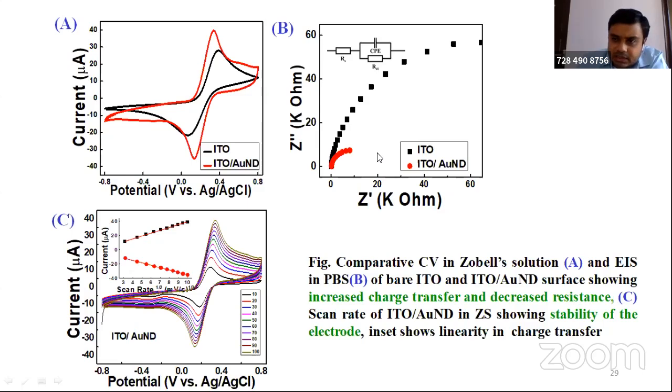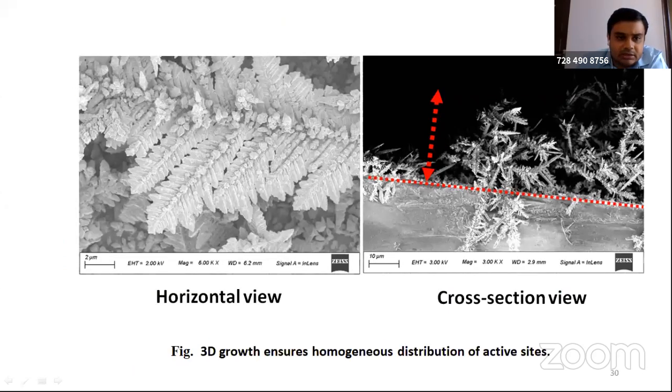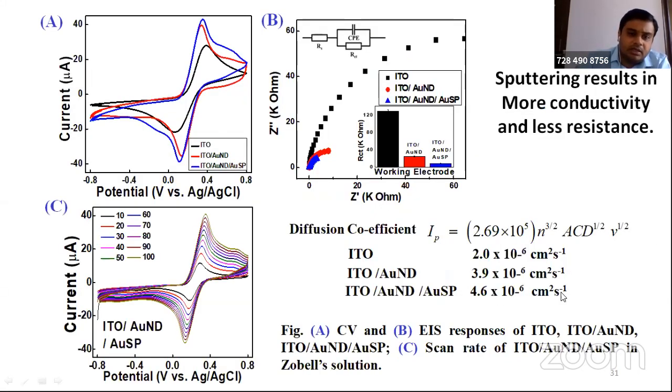So after this process, as I said, it's a three-dimensional structure. You can see this is the horizontal cross section view. You can see, right? It grows like a 3D structure onto the surface. That's basically a three-dimensional nanodendrite. You can see very clear images here. So after this process, we have done the whole characterization, and these are the values which show the diffusion coefficient values, how the molecule is diffusing to the electrode surface.